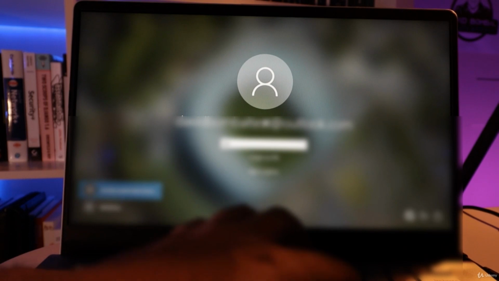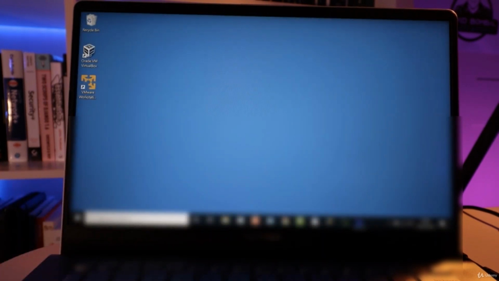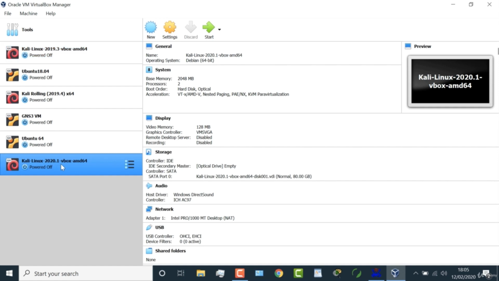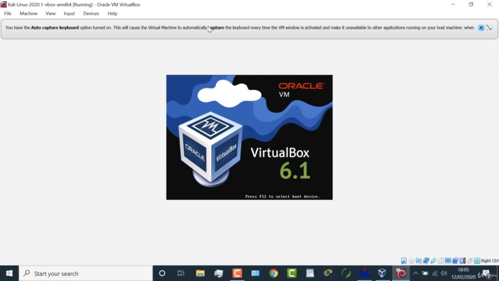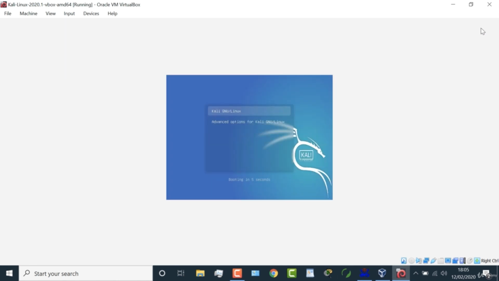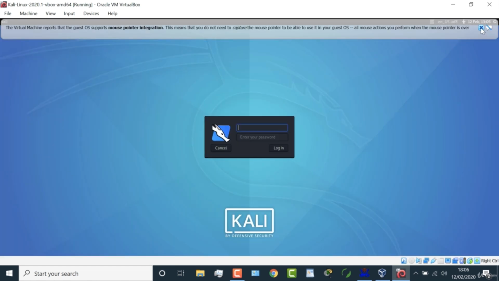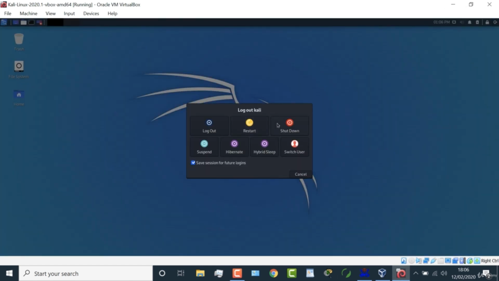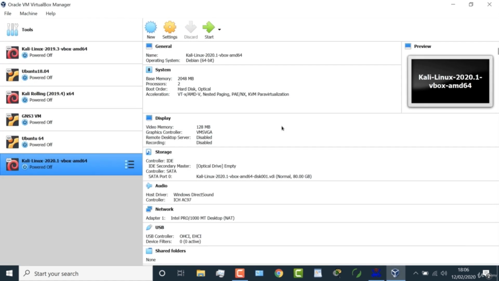And now I can enter my PIN and log in. And there you go. I've logged into the laptop. What I'm going to do now is start VirtualBox. Select Kali Linux and then go to Start to start it up. And what you'll notice now is the virtual machine can boot up successfully. So there you go. Kali is booting. And I can now log in. Default username is Kali, password is Kali once again. And I've successfully logged into this virtual machine that's running on a Windows computer within the